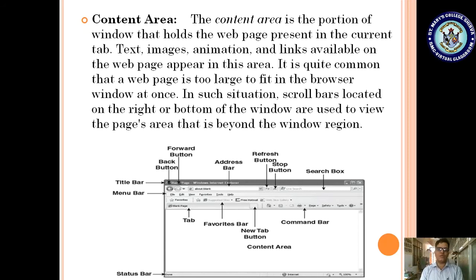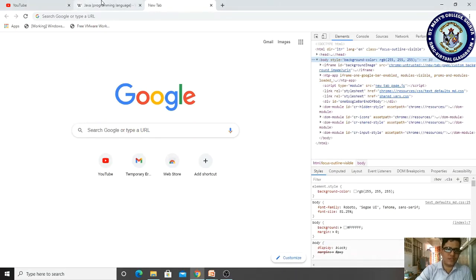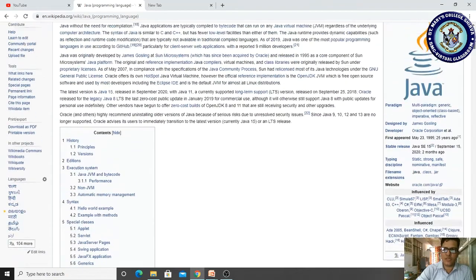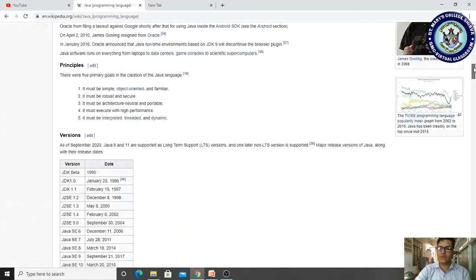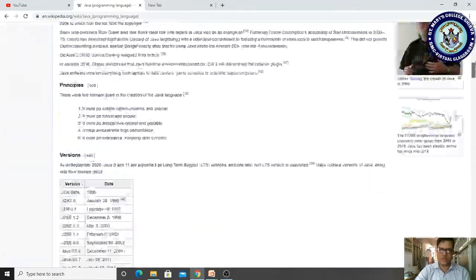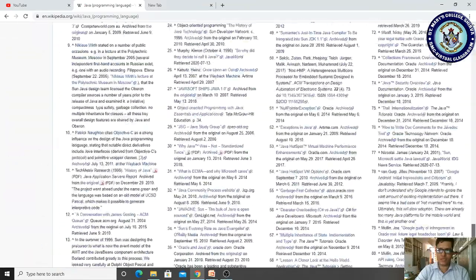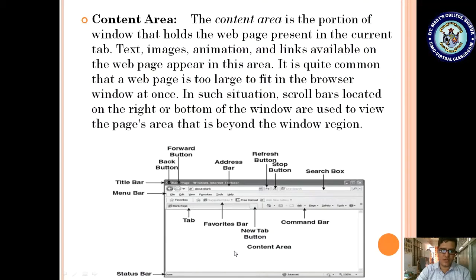That is why we are using the scroll bars. Whatever scroll bars are available on the right or left, by using those scroll bars we can navigate a larger area. For example, we have already opened a page here, right? Yes, some of the information is opened. Please observe here, you are seeing some navigate buttons, because the whole content is not fitted within a single content area. Hence we want to navigate it. To navigate that, we are using horizontal scroll bars as well as vertical scroll bars. So that is your content area.